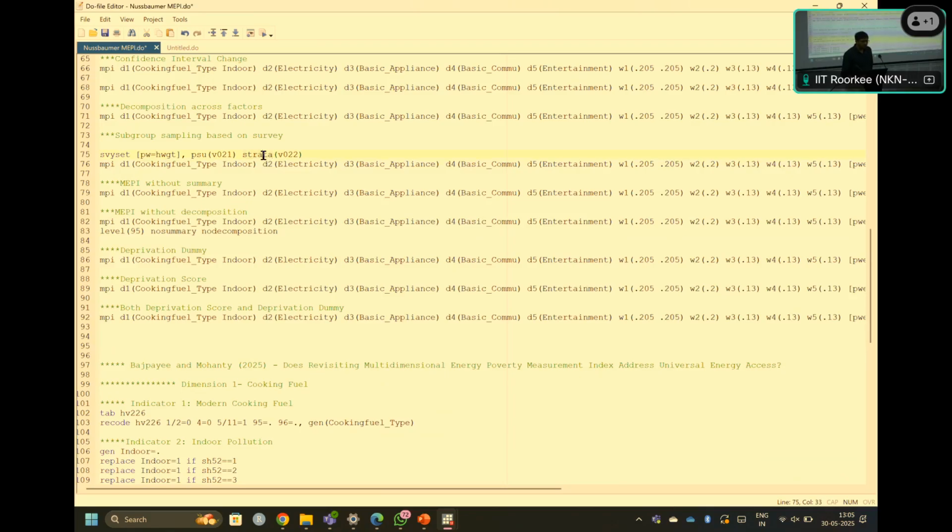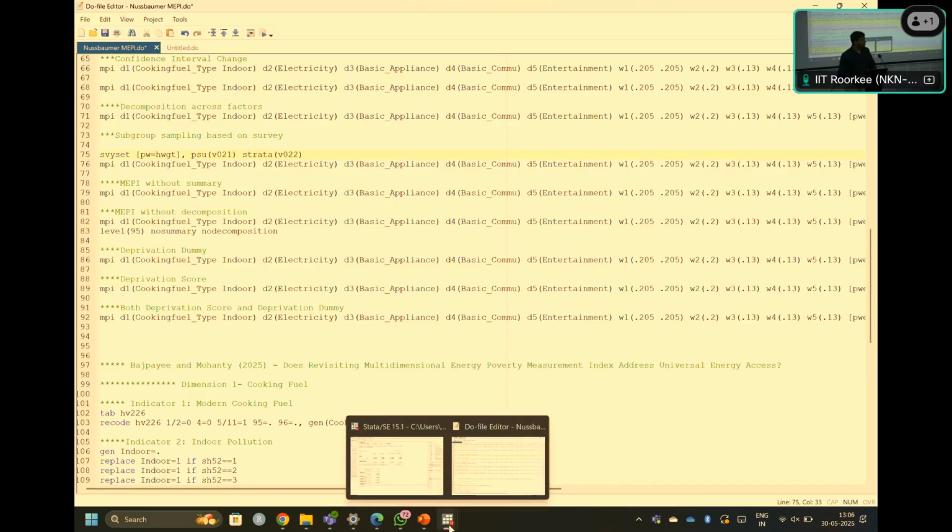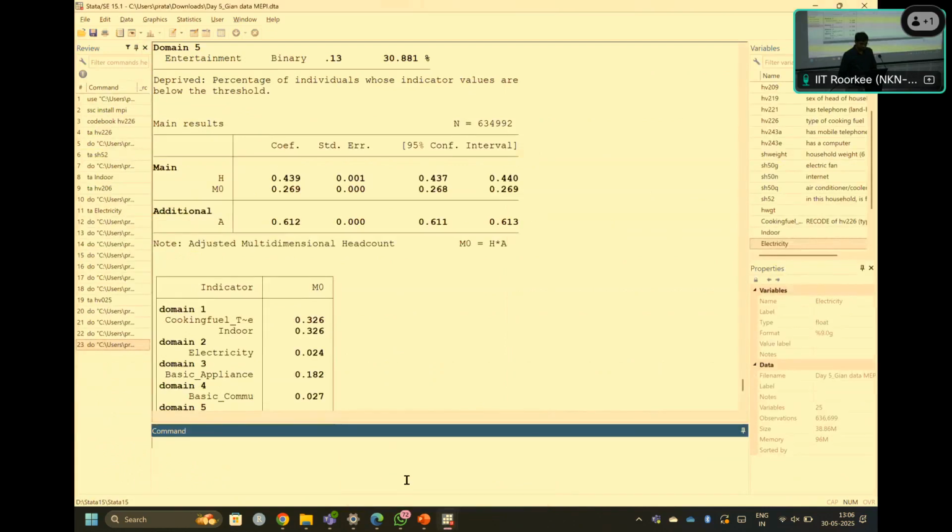In the option where we're adding the dummy and the deprivation score both together, that command is not working. But it worked here, right? You take the dummy, first drop that, then you can compute both. If you want to calculate again, you already generated a dummy. If you drop that, then I need to change the name here. It's already created a variable. Yeah, therefore, it's not technical.